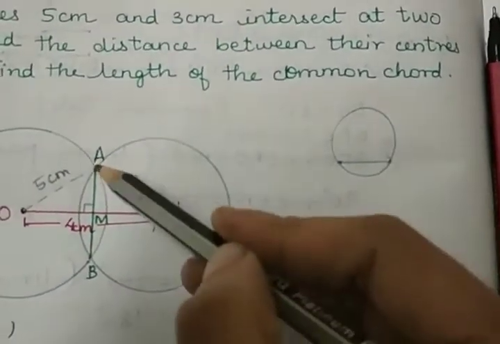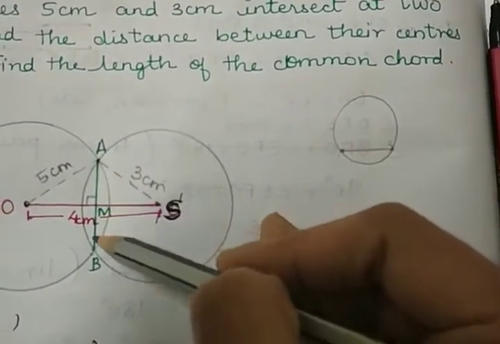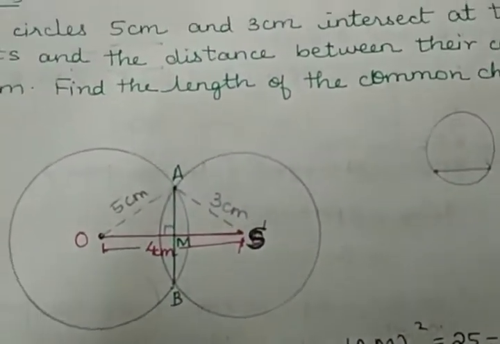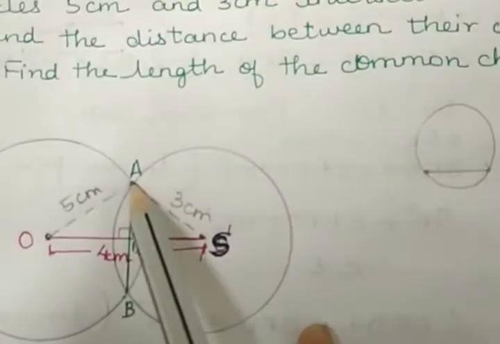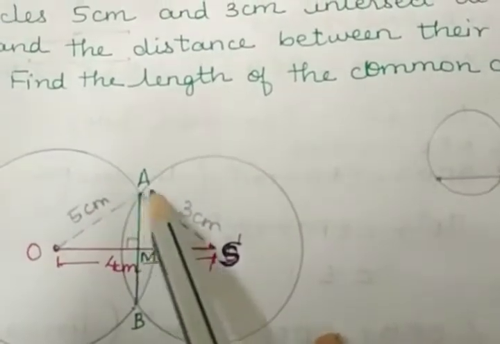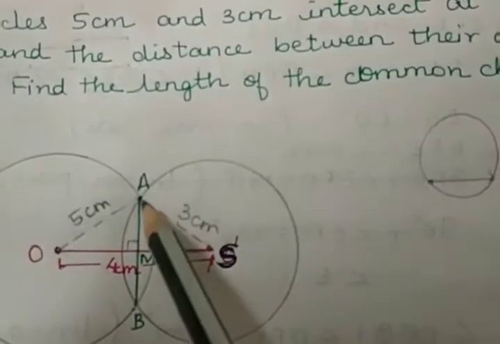Now I have to find the length of this chord. So I have to find AB. To find AB, what I have done is, this is the radius of the circle. So this is 5 centimeters and the radius of this circle is 3 centimeters. So let us take the triangle